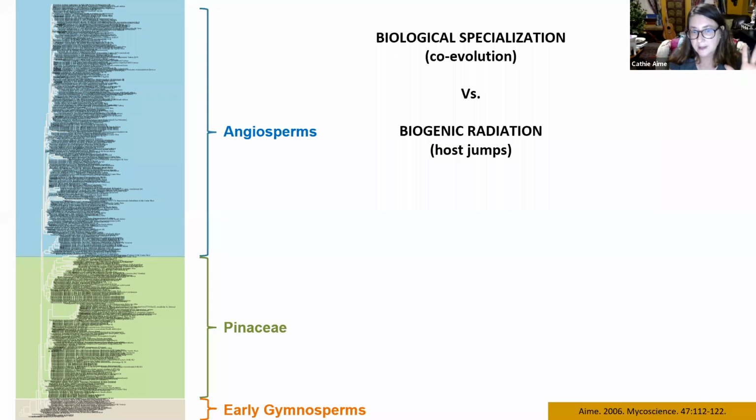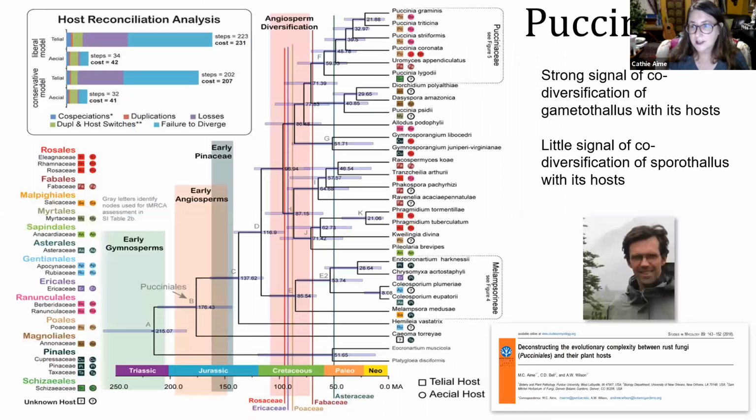But if you actually map the aecial spore, or the gametophytic hosts, onto this tree, you find that all of these in the base of the tree utilize early gymnosperms, all these in the middle utilize Pinaceae, and all these utilize angiosperms. And this sort of follows the broad evolution of vascular plants as we understand it. So I've been playing with this idea for many years. And then I talked to Andy